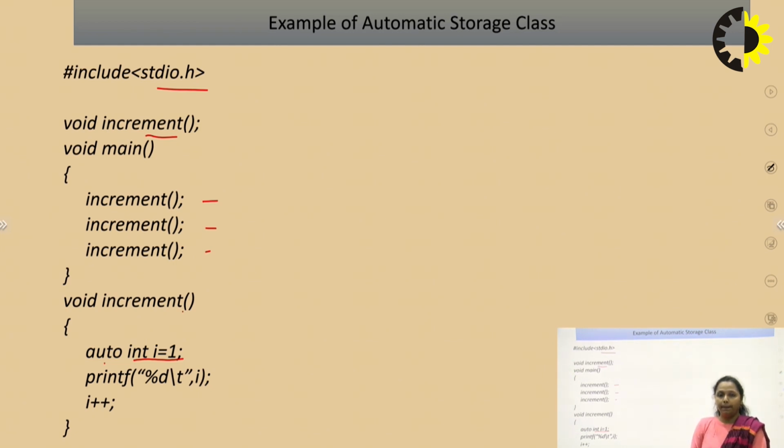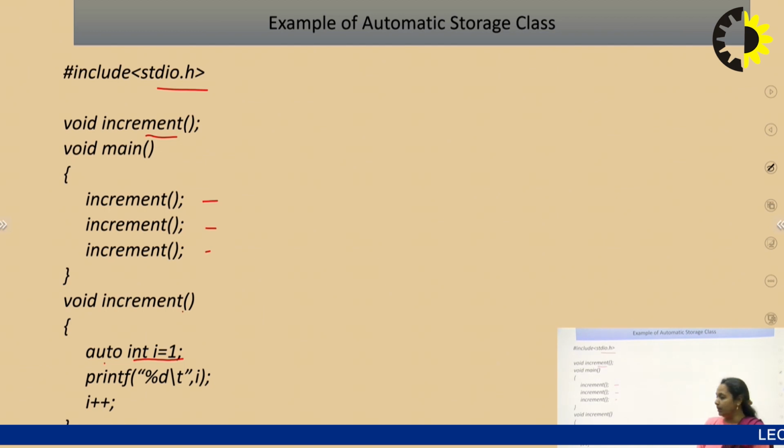Which means if I forgot to initialize it with 1, then what will it return? It will return a garbage value. But as I have initialized it with 1, the value held by I is 1 only. Second, what is the memory being allocated to this variable I? As we have seen in the previous slide, the automatic storage class gets main memory. So this value 1 is being stored in the main memory of the system.